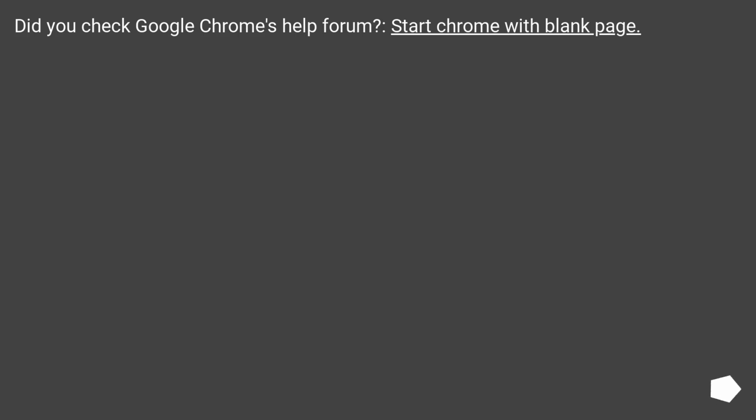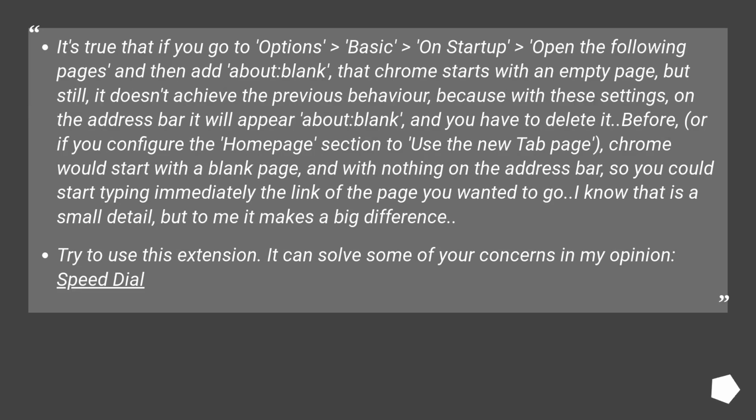Did you check Google Chrome's help forum? Start Chrome with blank page. It's true that if you go to Options > Basic > On Startup > open the following pages and then add about:blank, Chrome starts with an empty page, but still, it doesn't achieve the previous behavior, because with these settings the address bar will show about:blank, and you have to delete it